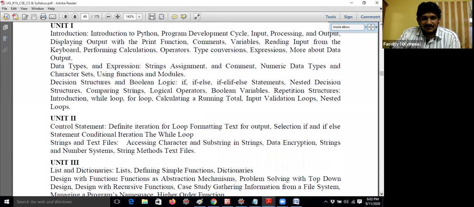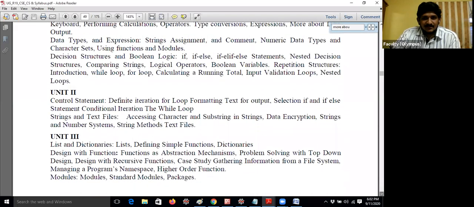I would like to tell one more thing. The syllabus is not framed exactly with minimum knowledge, because they specified the if else statement here and also there. They specified the while loop here, and again the while loop here. It is just like strings, a concept already completed, and then strings and number system again.